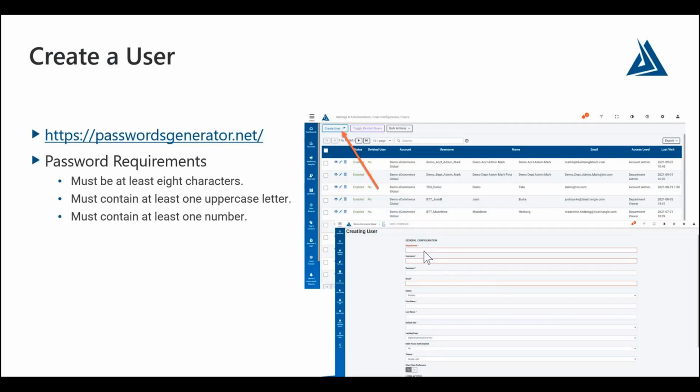You'll see a default department, so if you don't know about departments, you can just choose the default. You'll fill in a username. You'll actually fill in their password. And passwordsgenerator.net is the tool I like to use when I'm creating users. It generates random passwords for you, and it doesn't send them across the web, so you can be sure they're